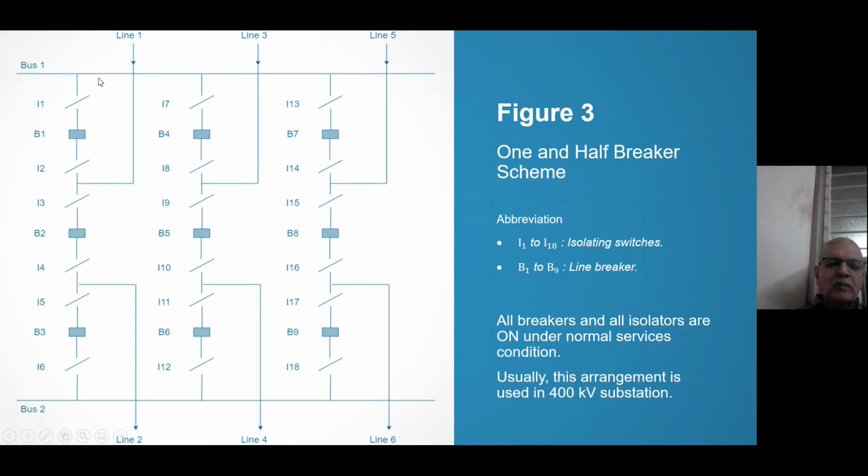When you come to this bus, you have to go to the second bus, right? You go to the second bus like this. I7, B4, I8, I9, B5, I10, I11, B6, I12. You're in this bus. Then you go like this. Then I6, B3, this isolator, and this. So you see, another way of feeding power from line 1 to line